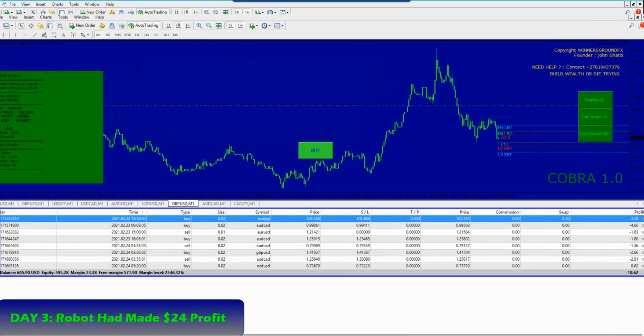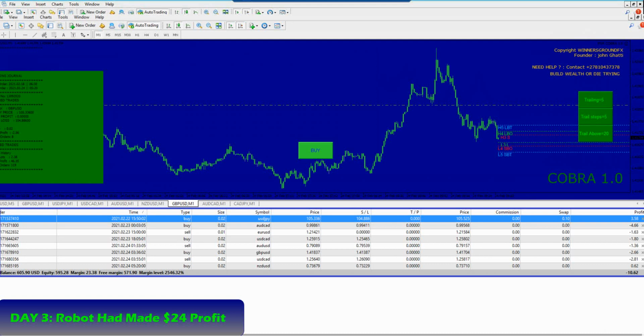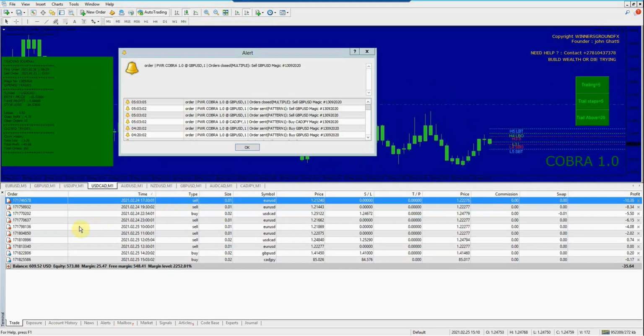On day 3, when I went to check how the robot is performing, to my surprise, most of the trades had closed in profit. Nice. The robot was performing quite well, although there were some trades which were out of money, but I figured if I could hold my trades they would later come back in the money. Since it was only $10 out of the money, that's a good sign, so I held my trades and waited,